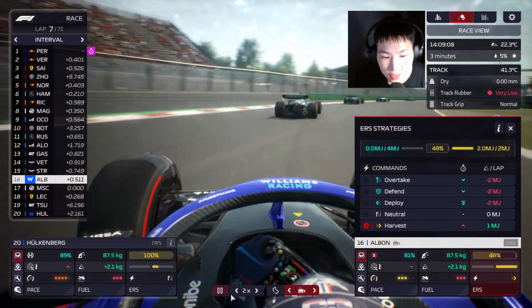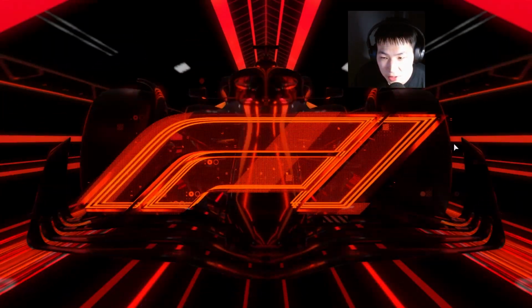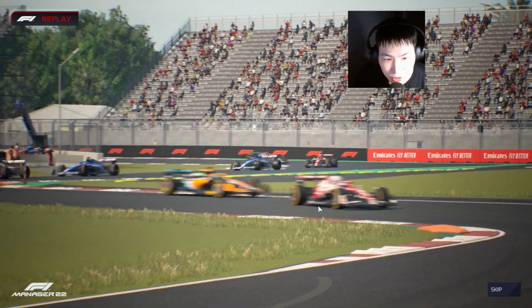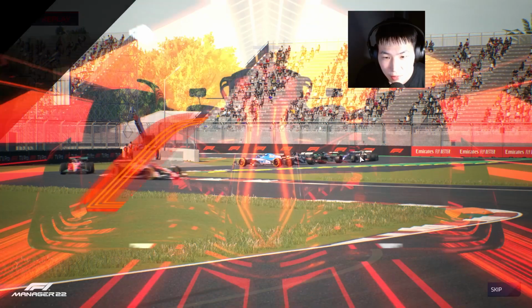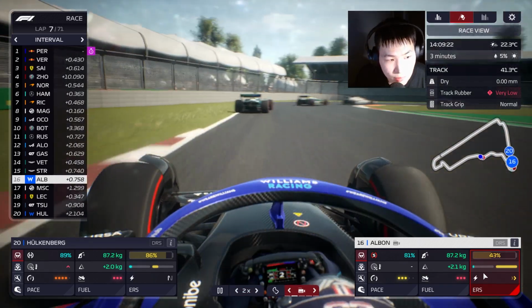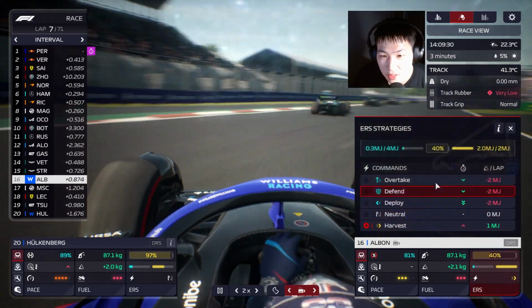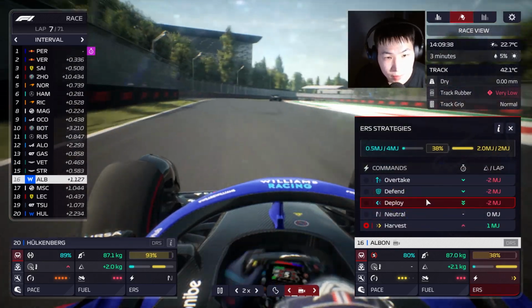Oh, there's a crash. Hold on, I just witnessed a crash in front of us. They've lost control and Alonso spun in turn 1. We were just stopped on circuit, but then we got that F1 transition. Oh, we could have overtaken there. What are we doing stopping there? Go around. Alright, well, it seems like the situation has cleared out immediately. There was a weird transition. Jeez. Could have gotten some positions there, thanks to Alonso spinning, but...